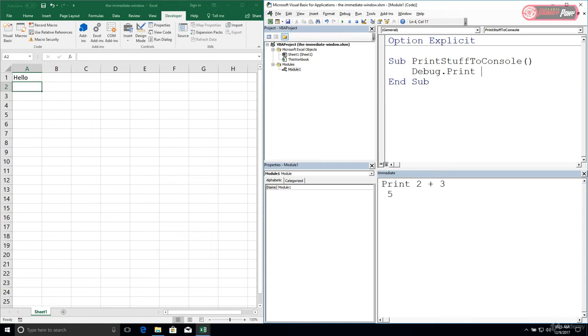Debug.Print. Debug is actually an object that's available within VBA, and Print is a method on that object. Just like we have valid objects like Worksheet and Workbook, we have a Debug object. It has two methods on it. The one that we want to focus on right now is Print. And in order to actually print something, we just write it to the right of that method invocation. So for example, if I want to find out what 1 plus 1 is, I'm just going to remove this